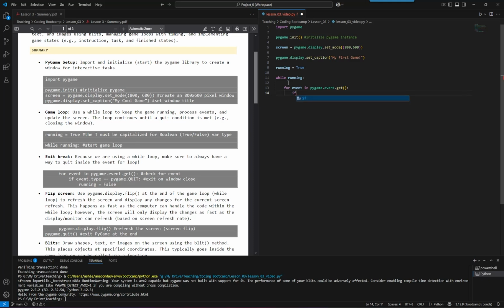So: for event, if event.type equals, remember we need that double equal sign when we're comparing in logic statements, pygame.QUIT, all caps. So this checks to see if quit was pressed. Then we're going to do running equals False. Now I will tell you, we usually want to put multiple types of quits to get out of our running loop. In this case, I will use pygame.QUIT. If for some reason you run it and it does not quit when you hit the X button on the window,